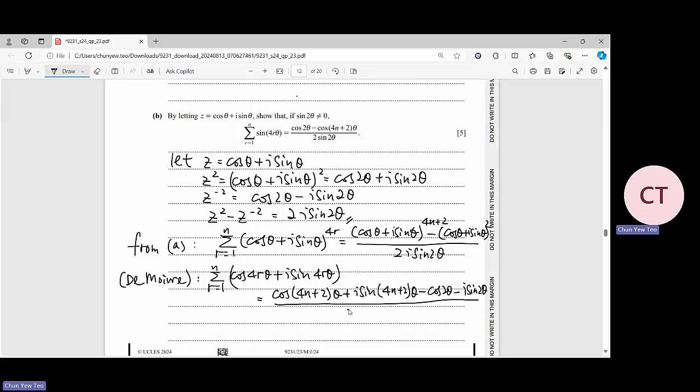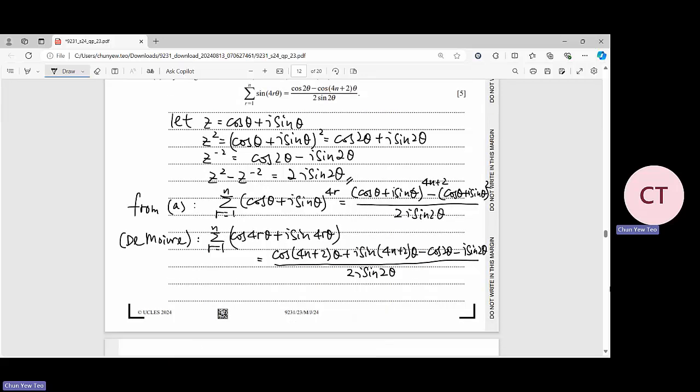Divided by 2i sine 2 theta. Okay. So for this case, there is an imaginary number here. There's an i here. So we want to make the i disappear. I just need to multiply i for both of it. So this time, if I multiply i, then I will get this one as i